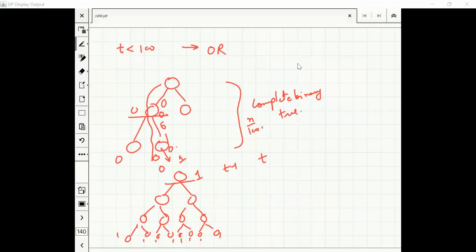So this case is exactly like OR. Remember, in the OR case, we also did the same thing. We took the computational path of 0, 0, 0, 0, 0, and then we said look at the inputs which can be extended to all zeros or Hamming weight 1. And that fraction was high enough. I'm going to do the same thing. Is that okay?